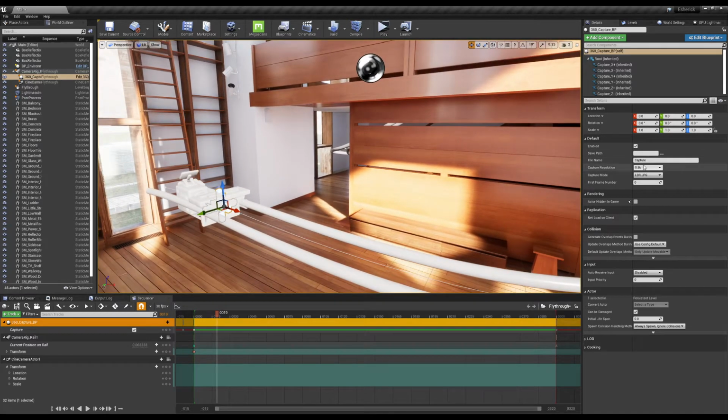Then you just need to choose the file name, so let's say house, choose the resolution, let's do 2K, choose if you want to save it as a low dynamic range image or as an HDR image. That's probably dependent on if you want to do some sort of post-processing on it or not. In this case, I'm not going to do any post-processing, so I'm just going to use low dynamic range JPEG